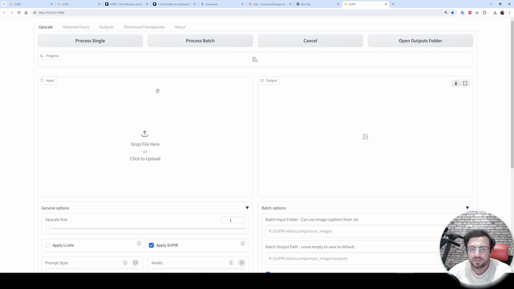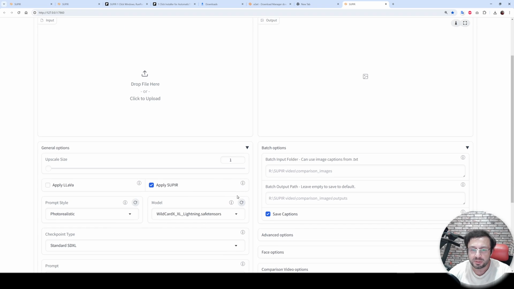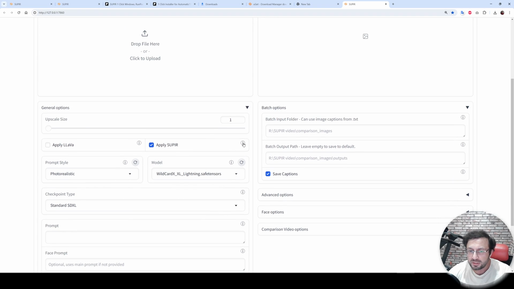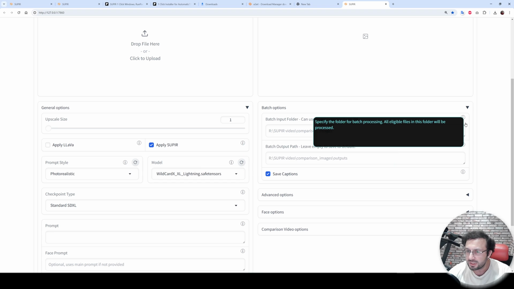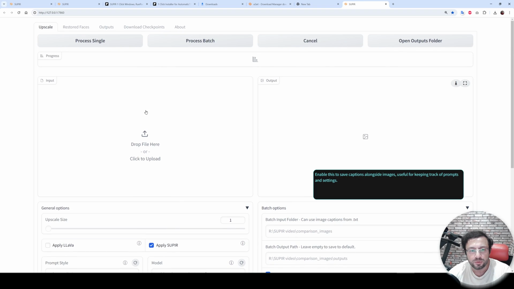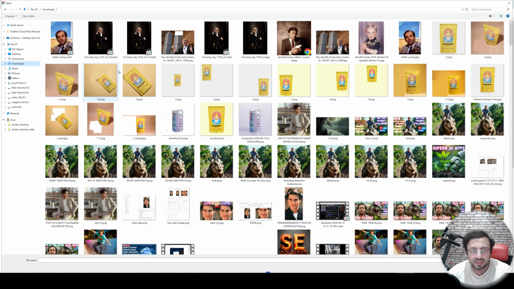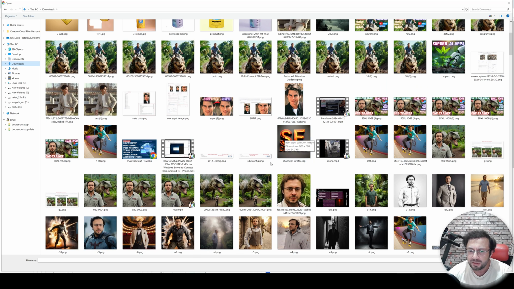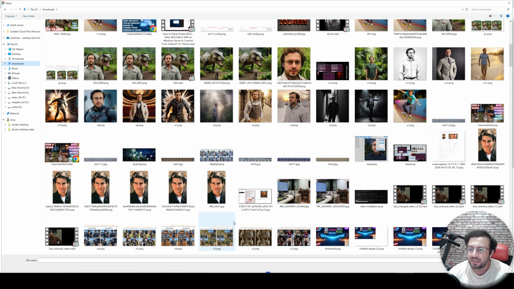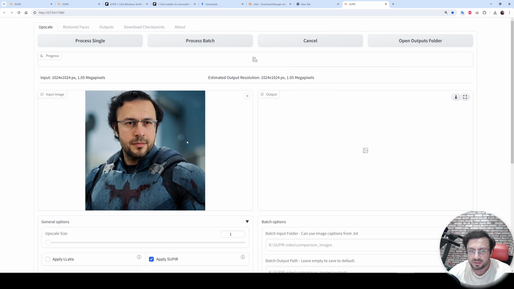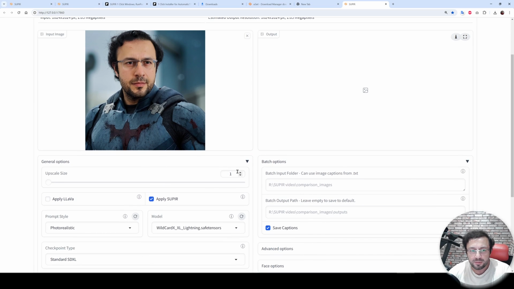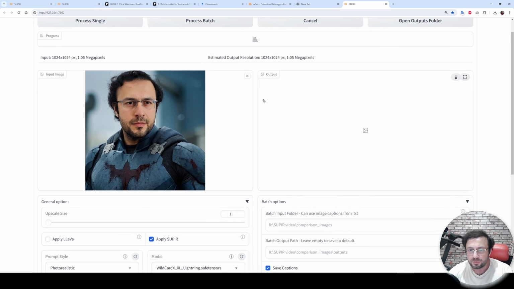So this is the interface that we are going to use, and there are several key things that you need to be careful here. We have already information buttons like this, so you can click these buttons to see what they do. And then let's upload an image that we want to upscale. You can simply upscale everything. However, face restoration may not work at every image. You can also upscale your DreamBooth generated images. For example, this is one of my image. Let's upscale it into the higher resolution.